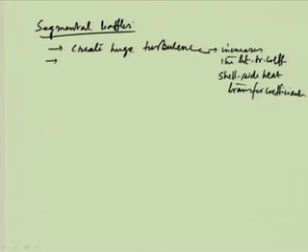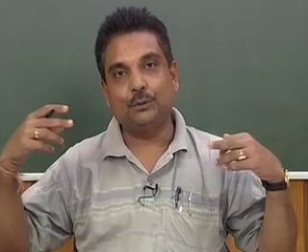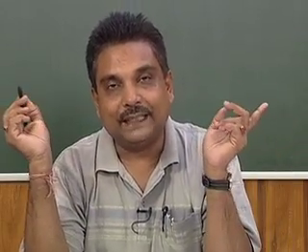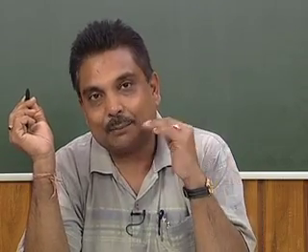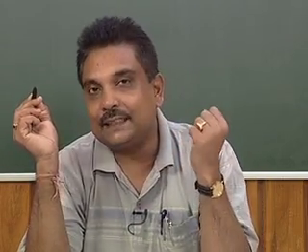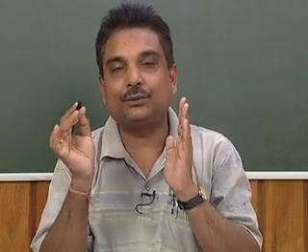Because it is linked with the shell side fluid. And in addition to this, it acts as a support for tubes. So, in the baffles there will be holes, and through the holes the tubes will be pushed and end towards the tube sheets. So, they have a role like a tube sheet, but the baffles are not completely covering the shell. So, at least two baffles should be placed to completely cover all the